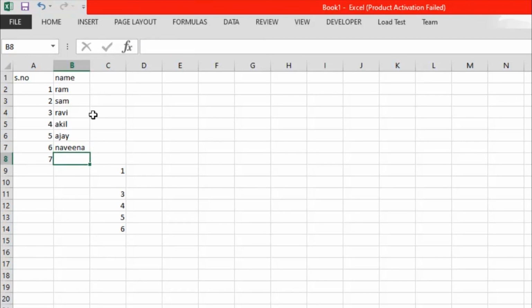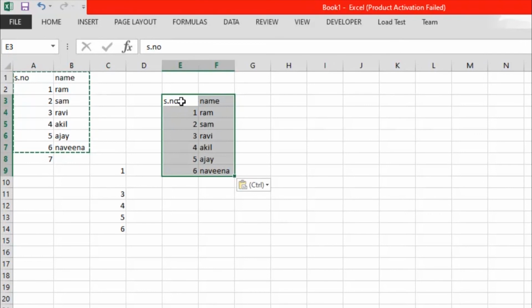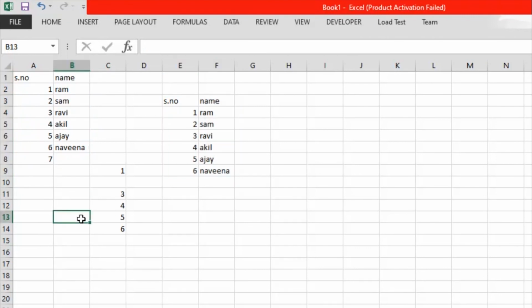That's all. Now let's see how to copy paste and cut paste the data. We have entered some data which has to be copied. Just select it and drag it. Press Ctrl C and place it wherever you want. Just click on the cell and press Ctrl V so that the data gets copied over here. Now you will see the dotted lines. Just press the escape button so that it is released. The same goes for cut and paste also. Just select the cell, drag it, press Ctrl X, and you can place it wherever you want.